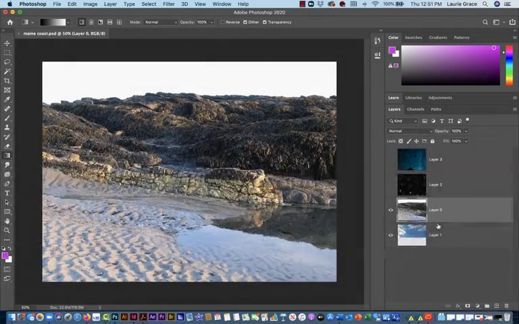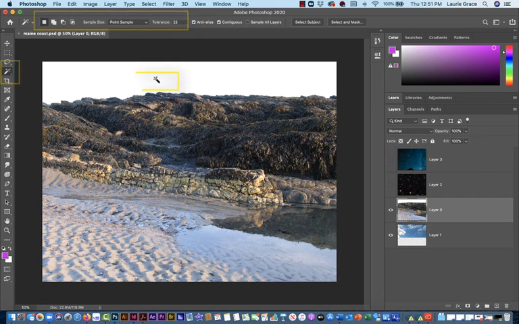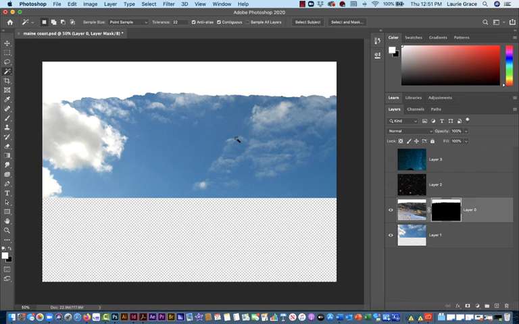To begin, I want to hide part of this layer 0 so I can reveal the sky beneath. So I'm going to go to my magic wand tool, and I'm going to target the sky, and I'm just going to go over here and add a layer mask. So you can see that I can use the selection tools also. I don't need to just always rely on the gradient tool or the brush tool,